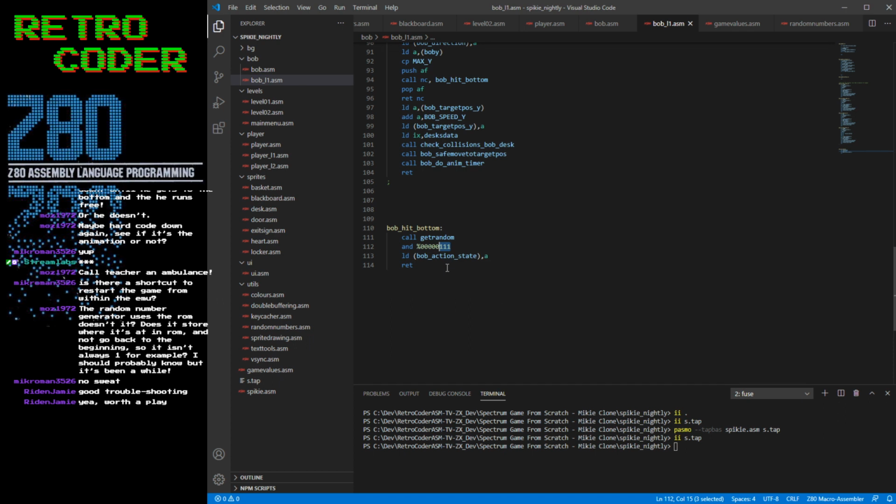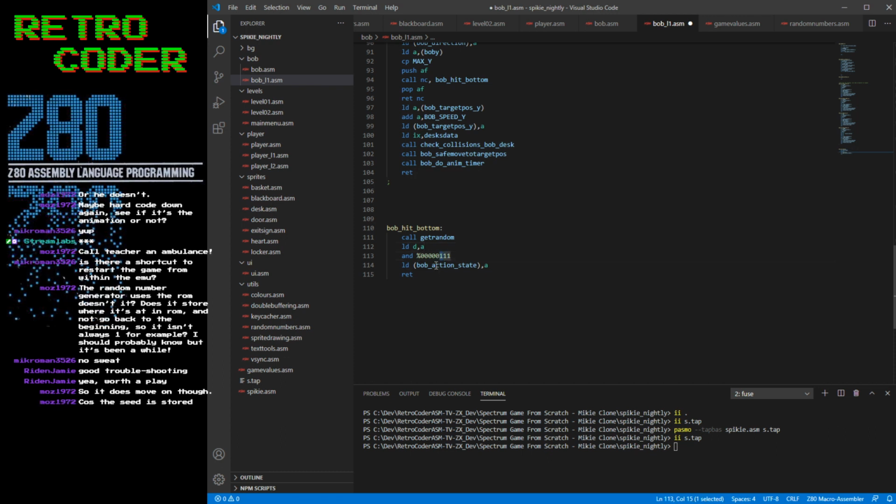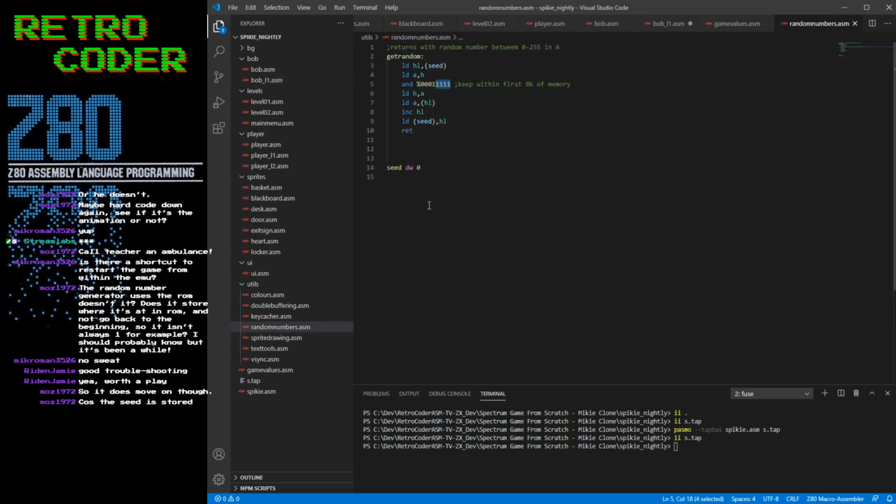It's weird how he still went right then. I would have thought he would have stopped more likely. Because I think that can go up to 7 and we want no more than 3. I wonder if we like store this random number there. Then we do. I would have thought that was okay. Does it move on? I mean, I copied this directly from Jonathan Caldwell, line for line, but